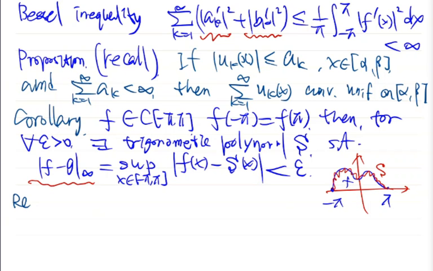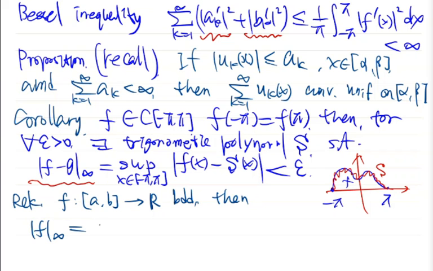Some remark. Suppose f is a function defined over the interval [a, b], a bounded function. Then we define... We don't require f to be continuous. It just needs to be bounded. Okay. Then we denote this to be the sup norm of f, the supremum of the absolute value of f(x) when x goes over [a, b]. So this is a very useful notation. The L infinity norm